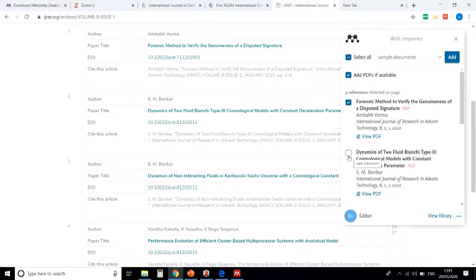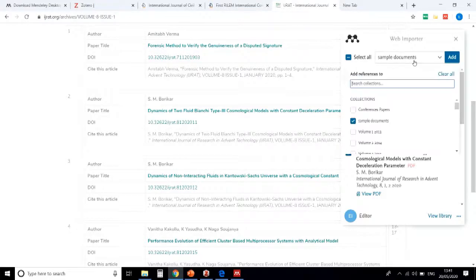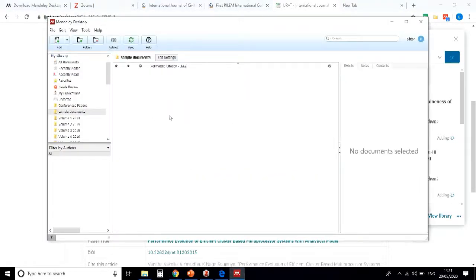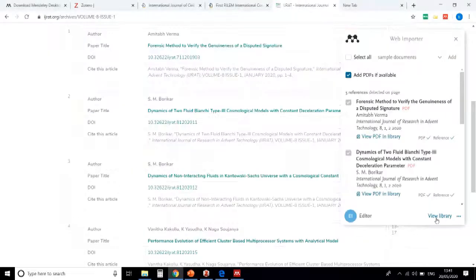You will find all the documents available. So I am trying to add these two references to my Mendeley library in the sample document folder. Add it. Now both these references will be available in my sample documents.